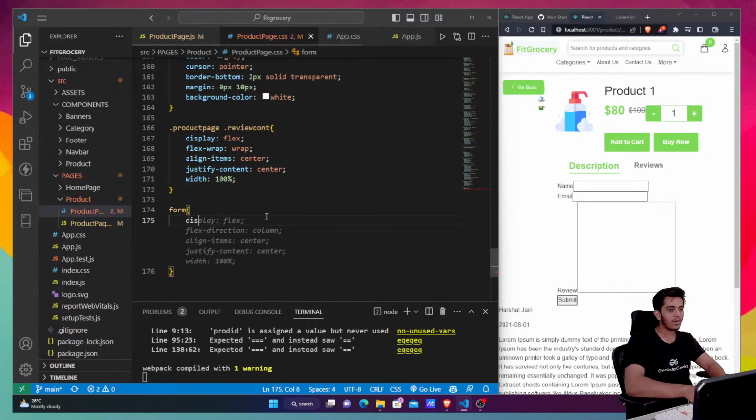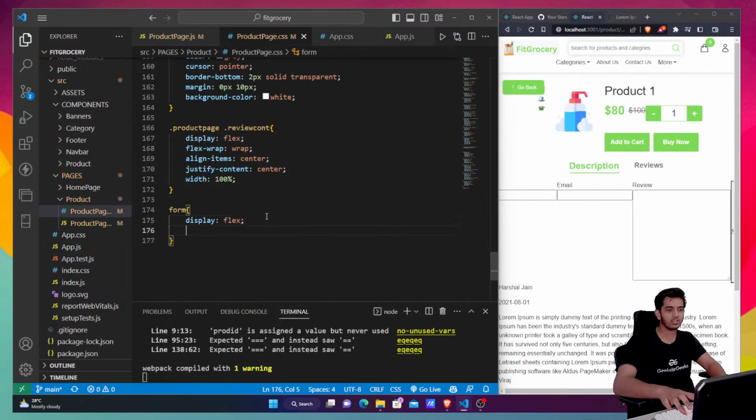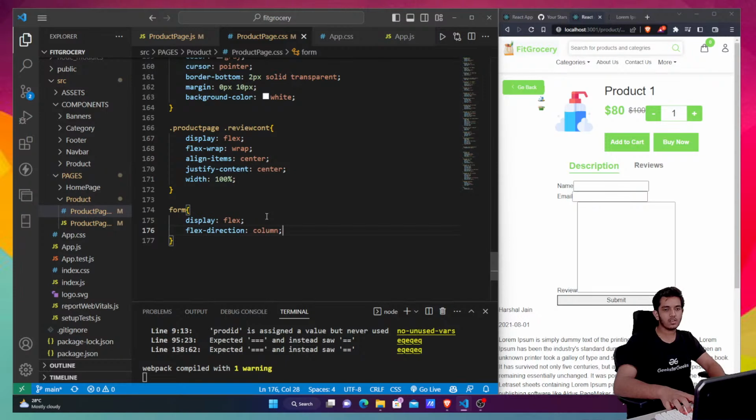All right, so I'll say my display is flex. Okay, first of all, the display is flex. Flex direction is column again. You can see the flex direction is column again. And align items will be center. You can see that they are center. Justify content as